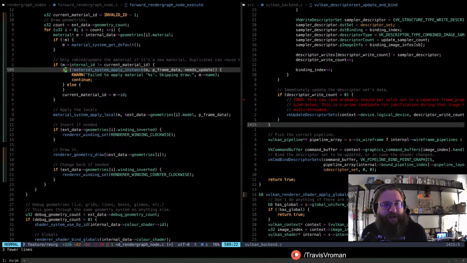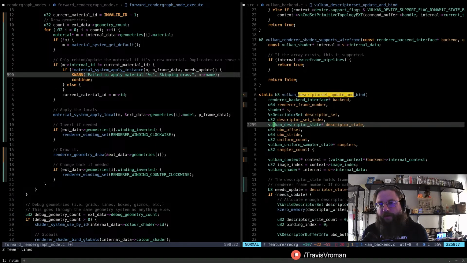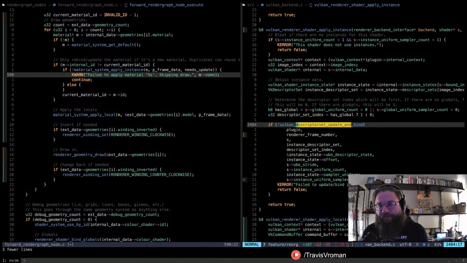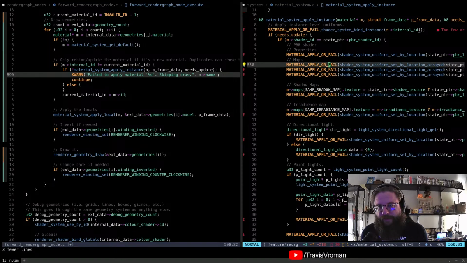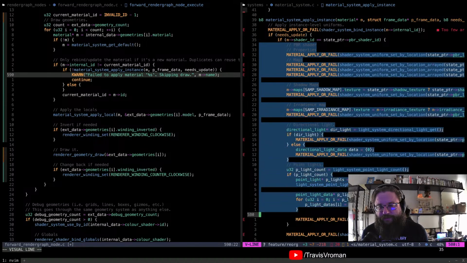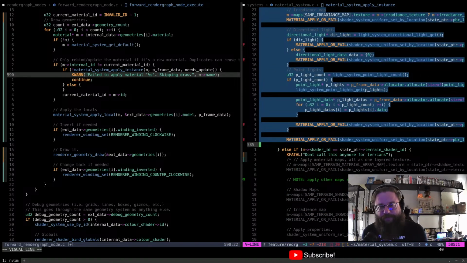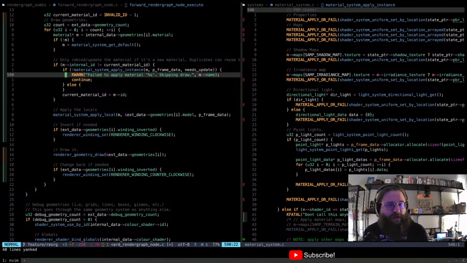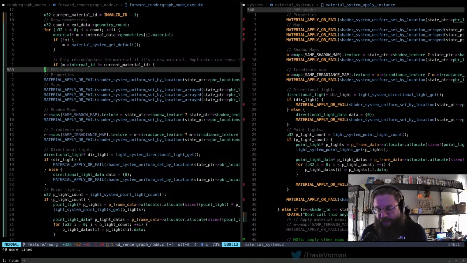So basically, all we have to do now is go to our material system, where our apply instance is, and we will grab all of this right up to here. Go over here, highlight this, slam it in there, right? PBR shader, that's kind of redundant.